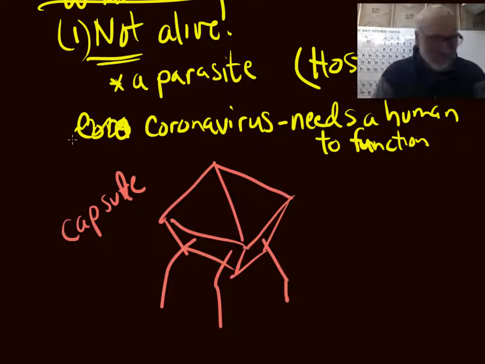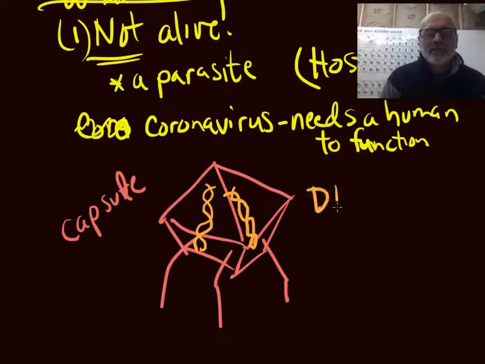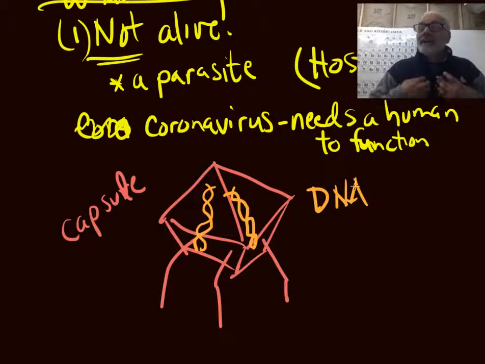The thing it's protecting is extremely interesting, in fact. Inside that capsule, I'll make it orange, is DNA. You've probably seen pictures of DNA. It looks like this, and there's a lot of it. It could be DNA, or, well, let me write it out here. DNA stands for deoxyribonucleic acid. So it's a molecule. We've been talking about molecules. It's a molecule that tells humans, actually any living thing, it's like the instructions for making it.